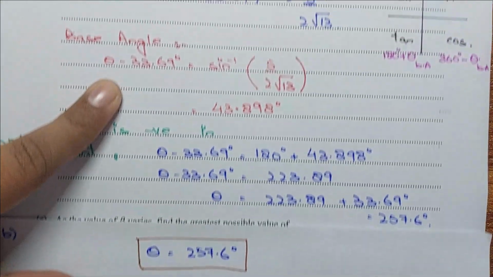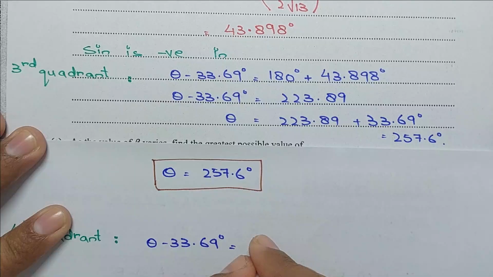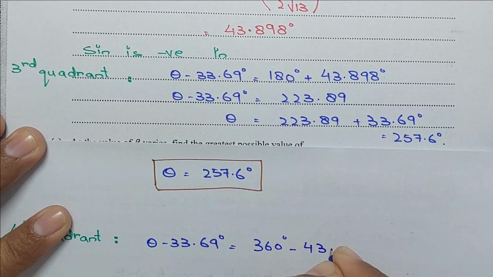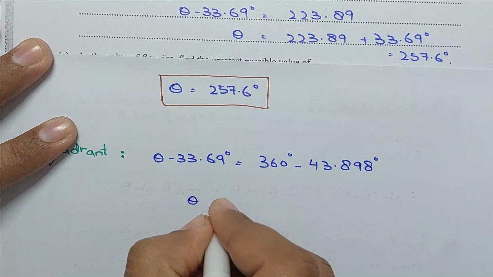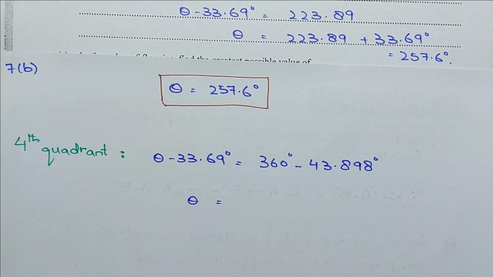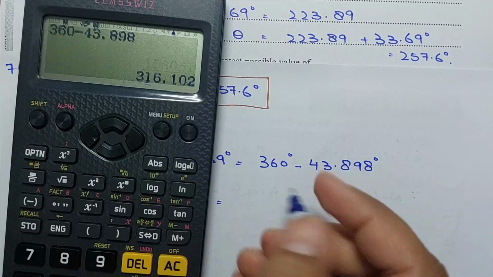This would be equal to, for the fourth quadrant, 360 minus the base angle, 43.898 degrees. Okay, so what is the value for theta? 360 minus 43.898 is